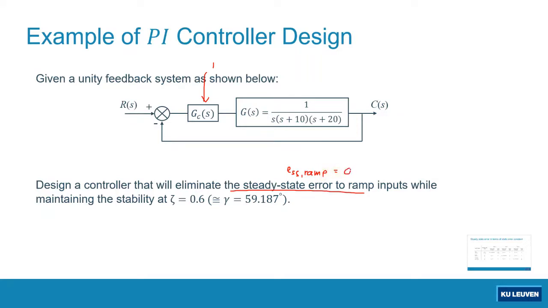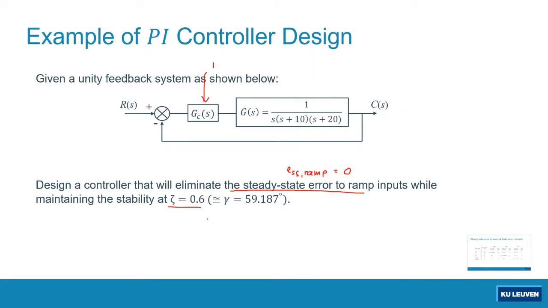So the first requirement of our controller is that the steady state error due to the ramp input should be equal to 0. The second requirement: we need to maintain the stability, represented by the damping ratio. The damping ratio should be equal to 0.6 more or less. Okay,